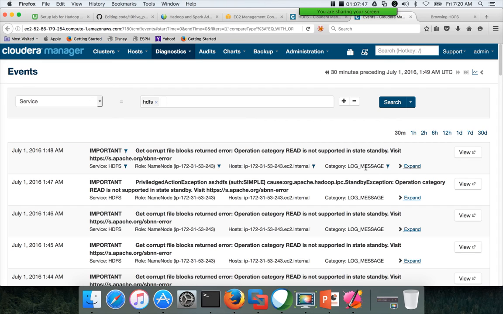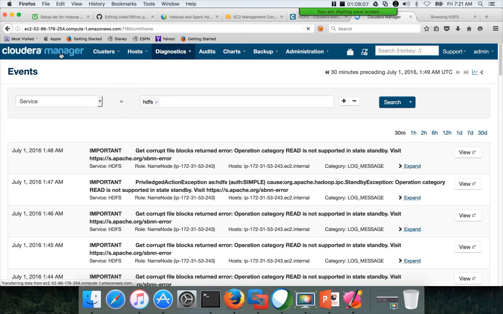Okay, and these events are again derived from the log files which are stored on the local file system on each of the node in the cluster. So now we will get on to the hosts on which this service is running and try to see where our log files are.